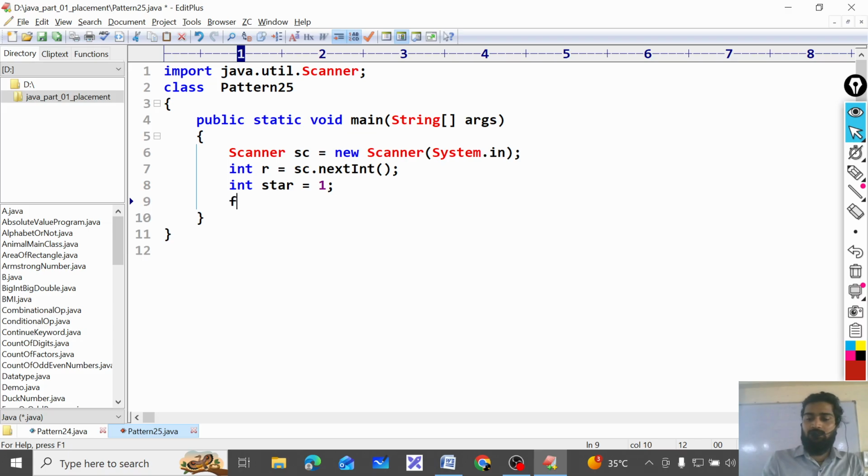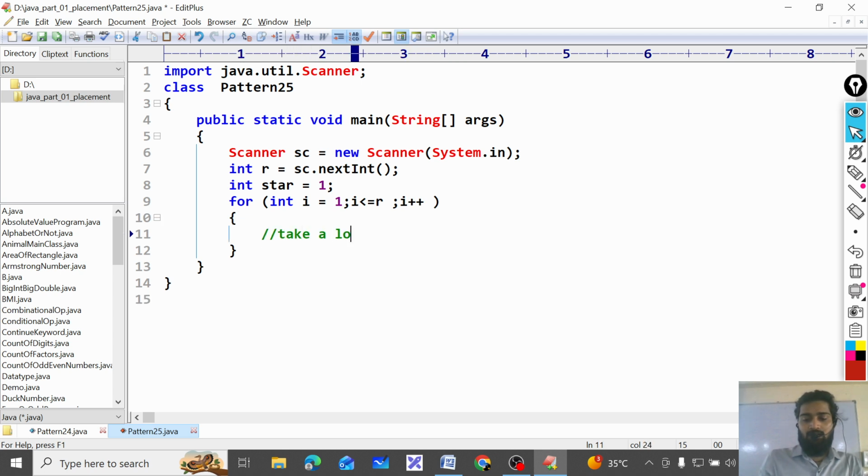So then as usual, take a for loop over the rows. Int i is equals to what? i is less than or equals to what? r. Very good. i plus plus. Inside this you have to take a loop to print what? Space or star?